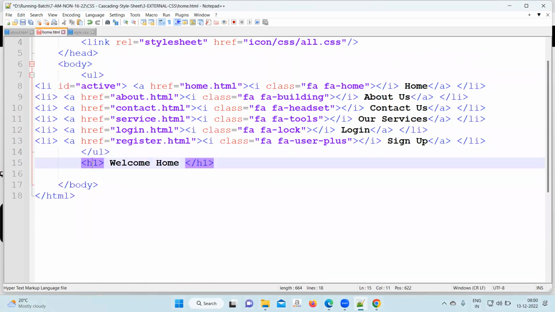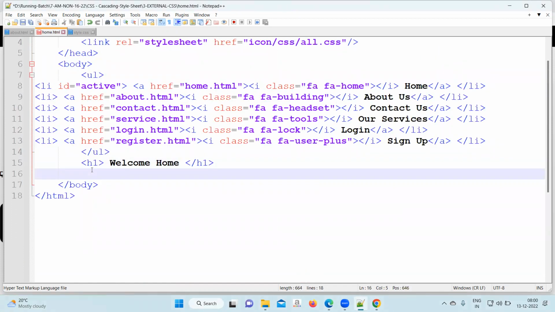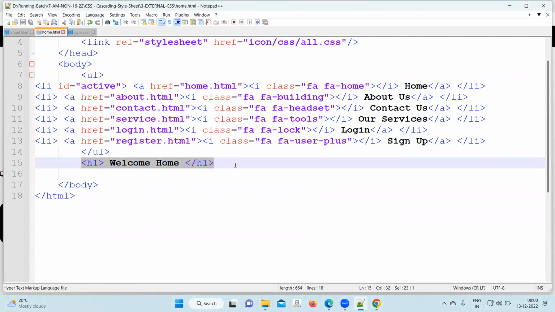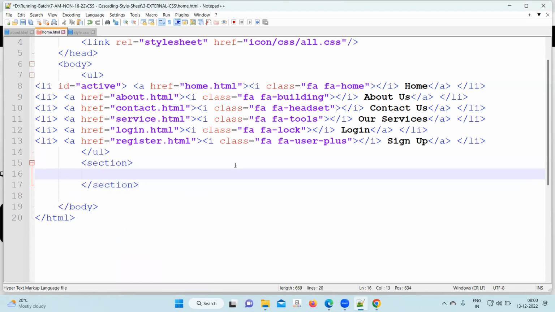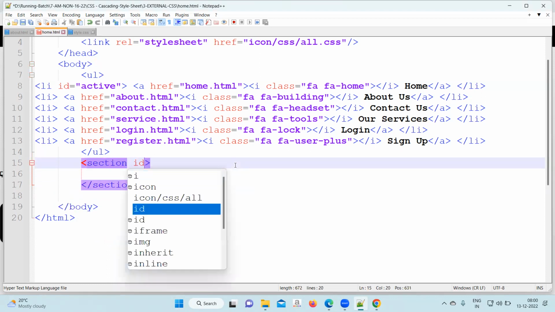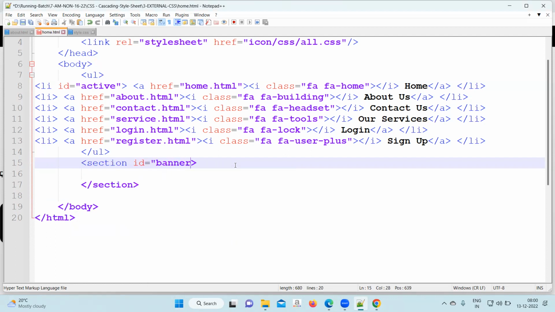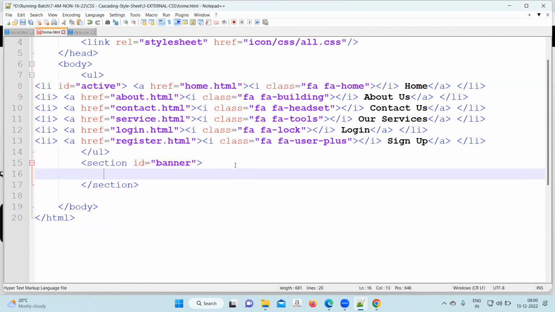We can write inside, remove welcome home and add here one section tag, and under section tag, give id equal to banner. For that, CSS will write